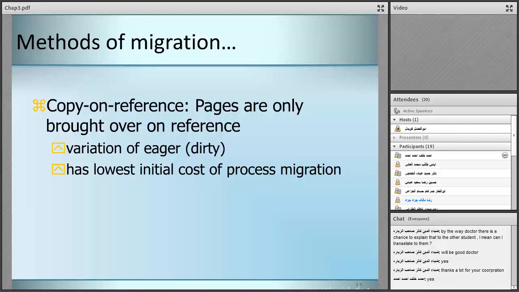Copy on reference. In this method, everything is on demand. In the previous method, the stored data on the disk on the source machine was on demand. It means we do not transfer the stored information on the disk in the previous method. But in this method, copy on reference, everything is on demand. We do not transfer process data from the source machine to the destination. It means the data in the main memory and the data stored on the hard disk will be on the source